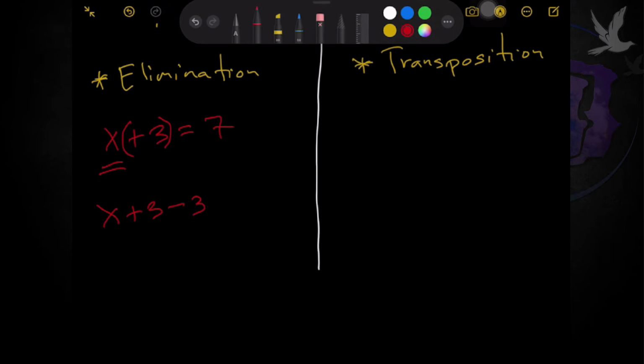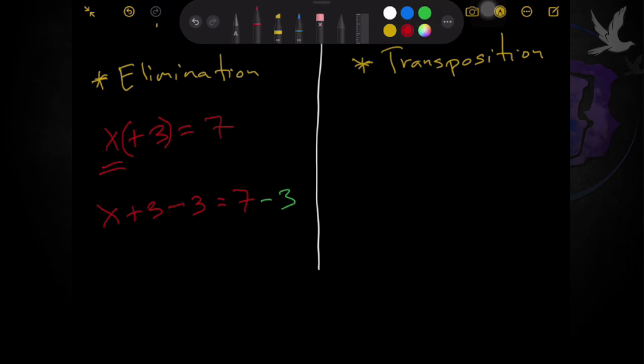Para ma-eliminate natin ang positive 3 on that side of the equation. And what you do in one side of the equation, since nag-minus 3 kayo dito, you should also minus 3 on this side of the equation. Okay? What you do in one side of the equation should also be done on the other side of the equation. So in this case,